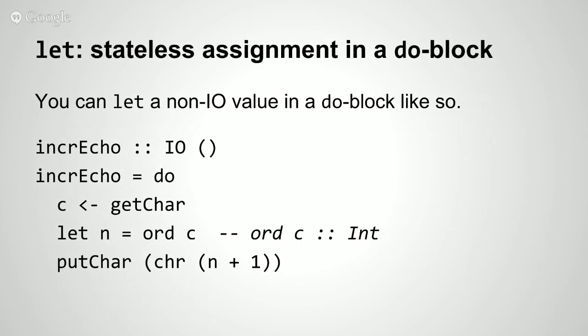Let is a stateless assignment. We've seen that, but just another example. This is an incrementing echo. It does a getChar. It uses ord, which you have to import Data.Char to have access to, to convert that character to an integer, the code point. It adds 1 to it, uses chr to make it a character again, and then it putChars it. I'm trying to figure out, so C in that case,